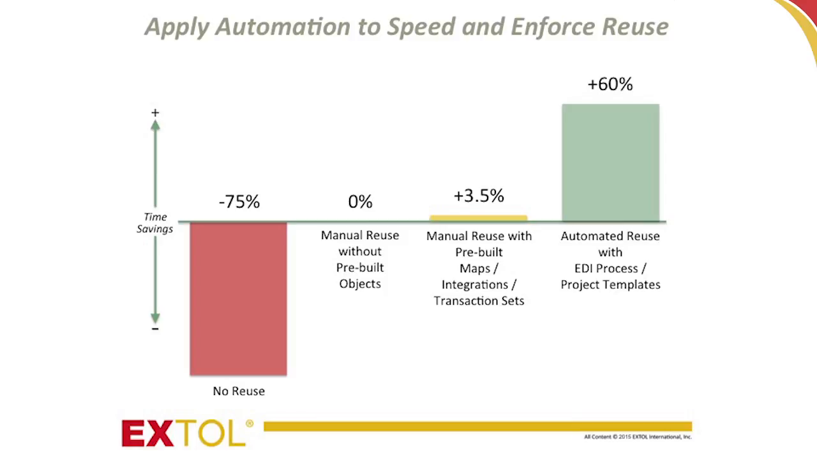You can see if you add manual reuse with pre-built templates, you gain on average, I think this was scaled for a 100 trading partner project, about 3.5%. And again, that percentage goes down as project size increases. But the big takeaway here is if you use automation to enforce reuse, you gain an additional 60% on top of manual reuse practices. And again, Ali will be talking about how this works with our solution, but I think